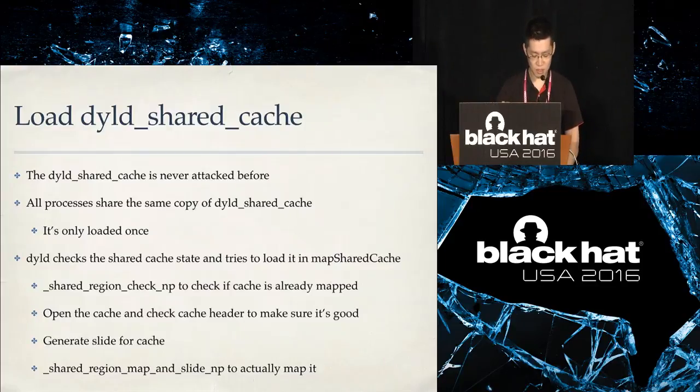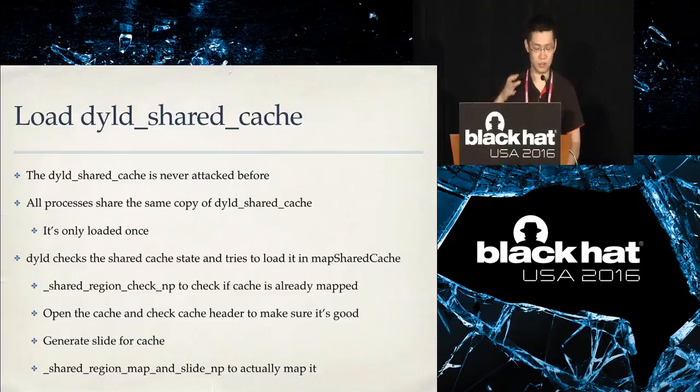DYLD shared cache actually is mapped into all the processes on iOS devices. So it's only loaded once, the first time DYLD tries to load it. Actually, DYLD will call shared_region_check_np to check if the shared cache is already mapped. If it's not, it will open the cache file and read the header of the cache file